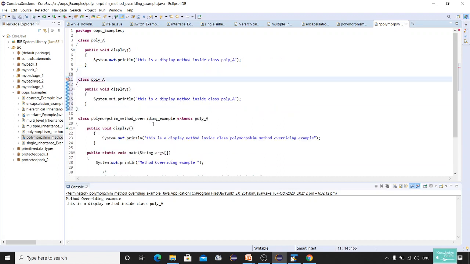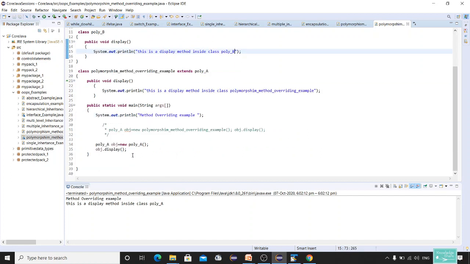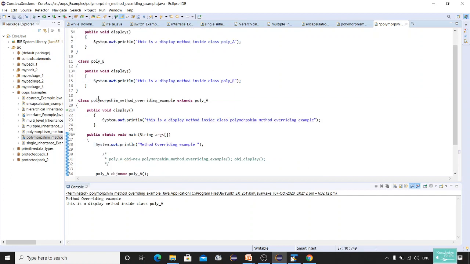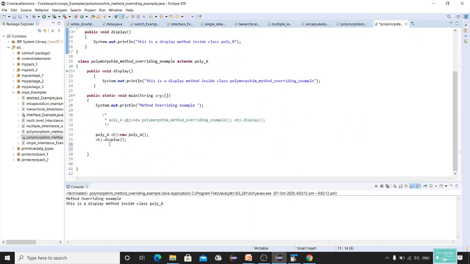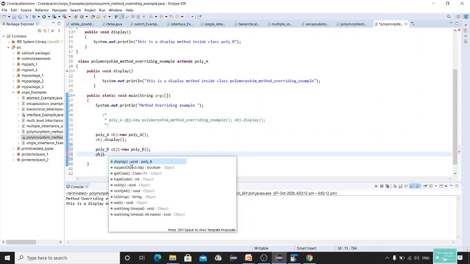Let me say this as poly B. Okay, and I'll call it poly B. Now let me create one more object for poly B. So poly B obj1 is equal to new poly B. Now if I type obj1 dot, I will be able to see only poly B, right?